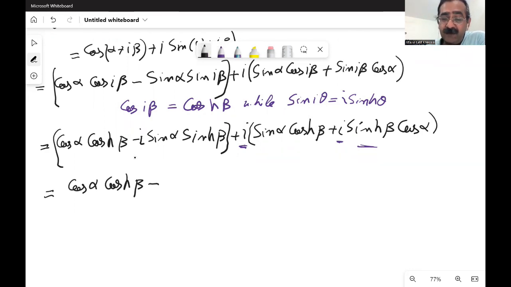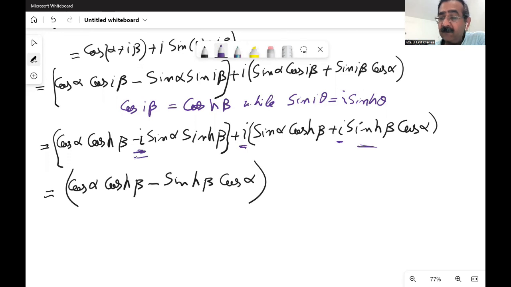So you will have minus sine alpha sine hyperbolic beta and cos alpha. This will be one result, and the other will be